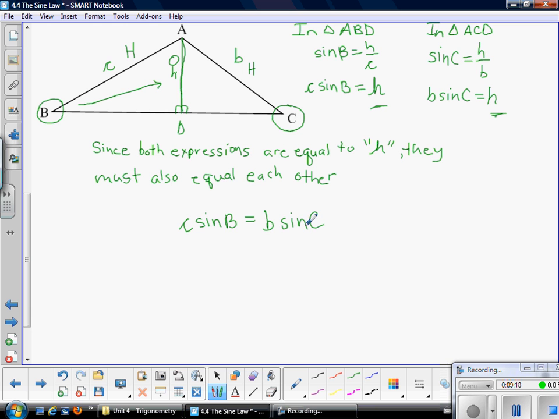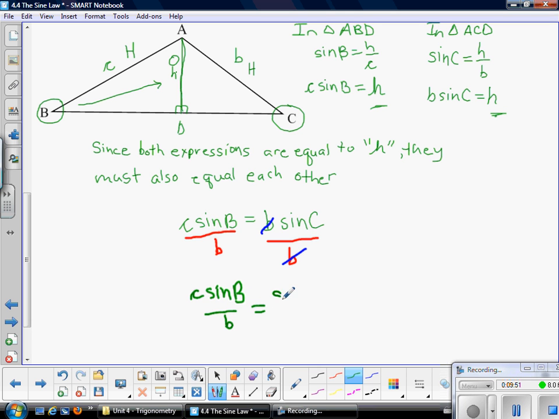Okay, and you're saying, okay, big deal. That still doesn't look like a formula to me. Well, watch what happens here. I'm going to divide this side by B, which means I also have to divide this side by B. If I do that, this B crosses out, and I'm left on this side with C sine B all over B